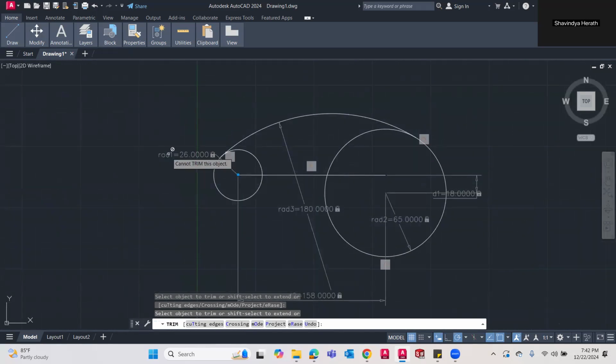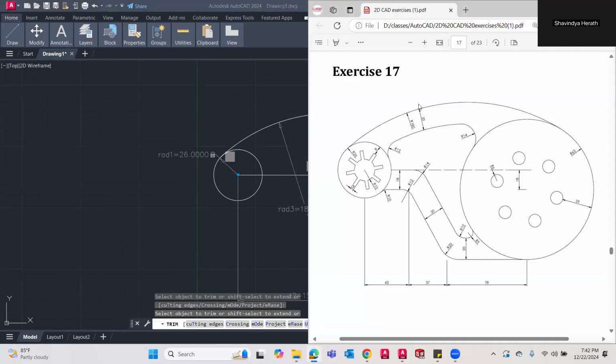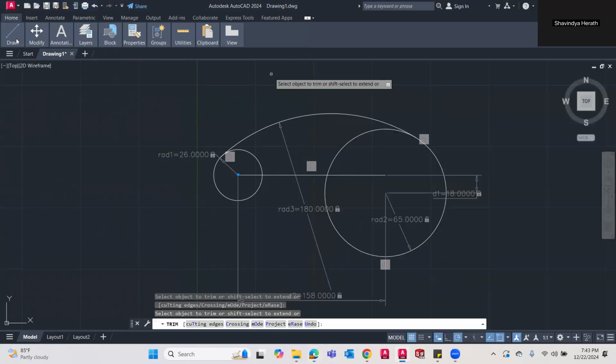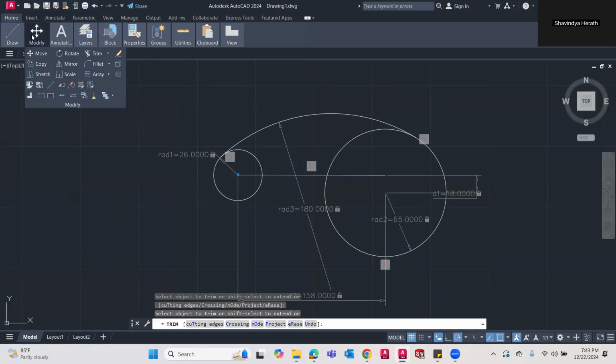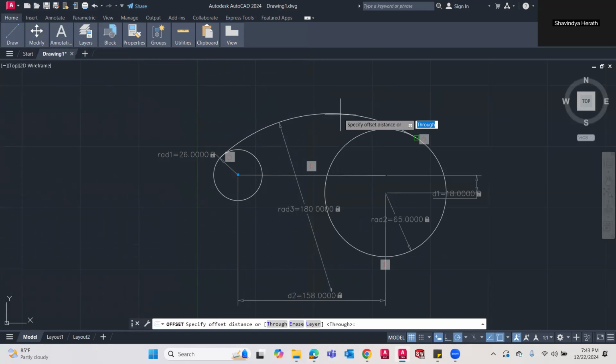Okay, then what's next? This one, right? These two have a 20 unit gap. That means these two are parallel, right? So let's take the modify tool, offset.